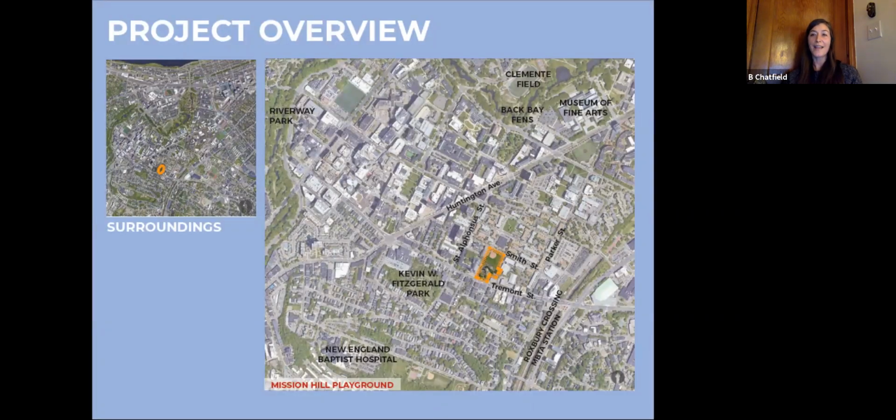So now I'm going to hand this off to our design team. And before we go any further, I think other people have attended, and maybe we should ask again if any elected officials are here or if anyone has questions about the overall project before we get into specifics.